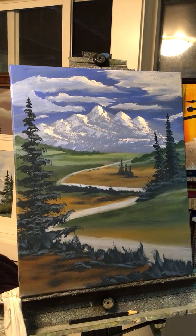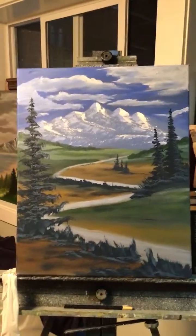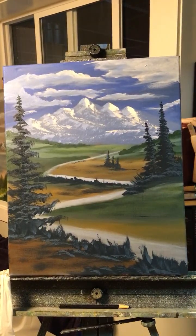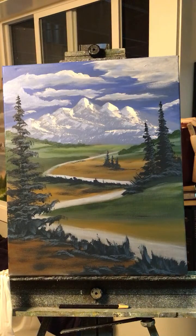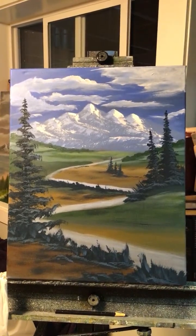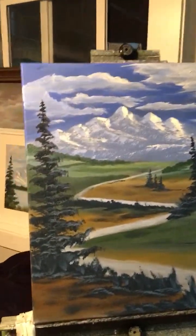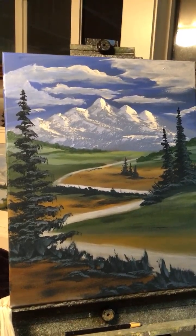Wow. Look at that, guys. That's pretty amazing. In 1 hour. Still needs some work, but I think the mountain came out pretty good today. I was going for a real look, you know. Let me put a few birds up there, and I like how the clouds are still kind of bright up here. So what I might do,